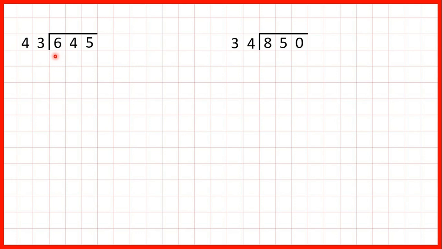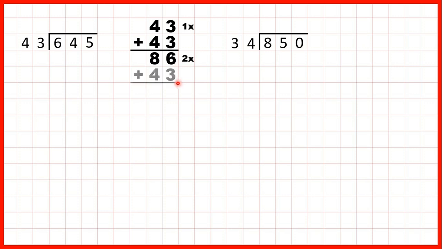Now, we need to divide by a 2-digit number using long division. First, we have 645 divided by 43. So, we need to work out our 43 times table. 43 is 1 times 43, and if we add another 43, we get 86, so that must be 2 times